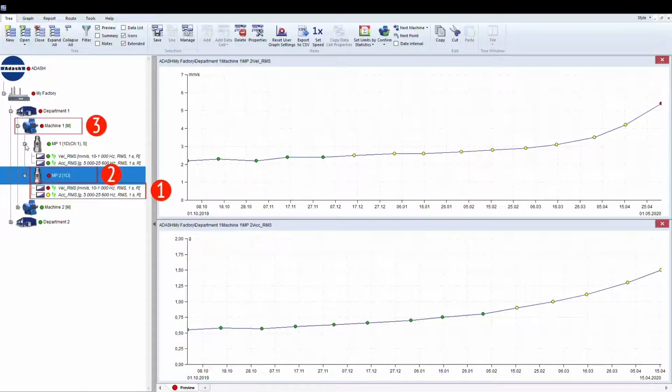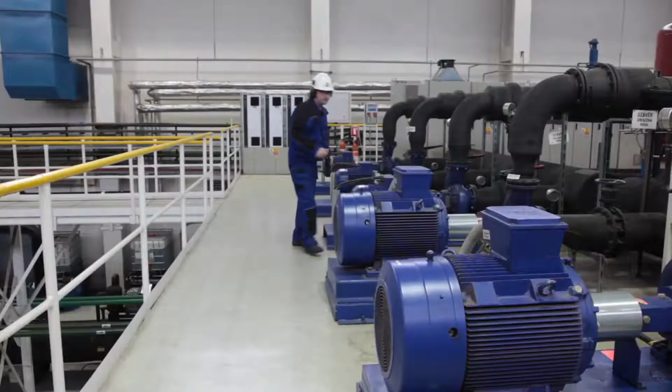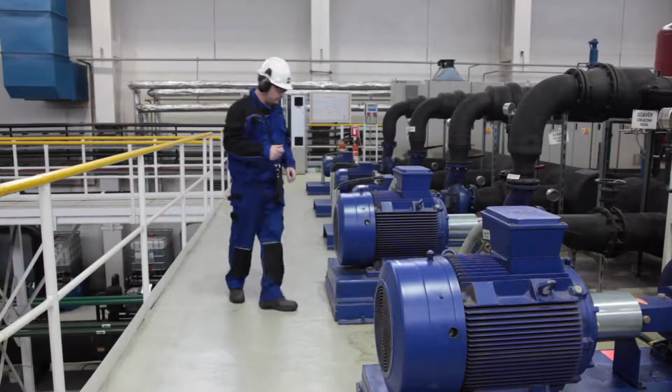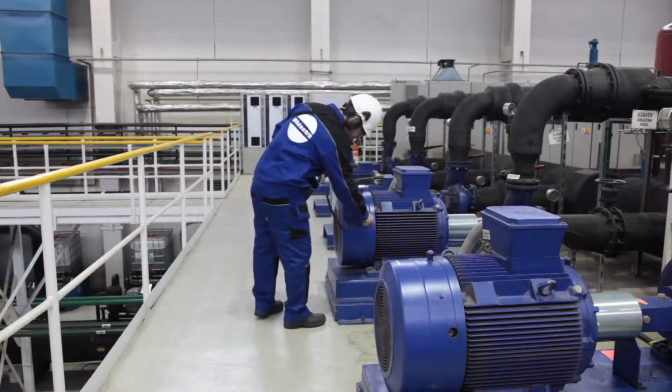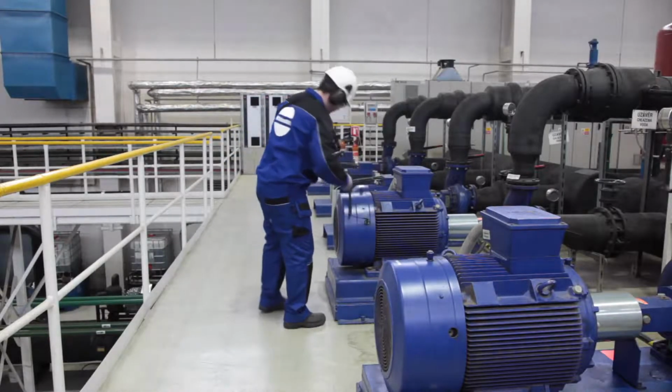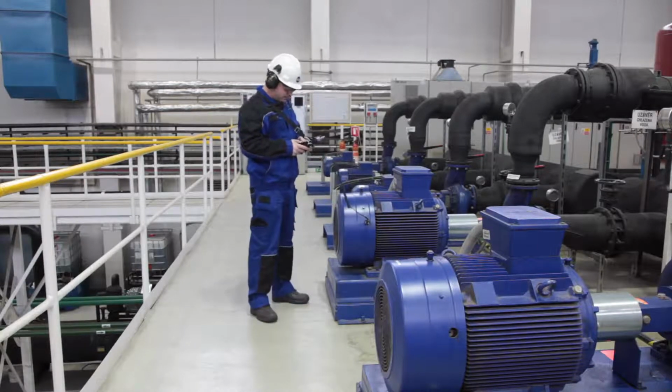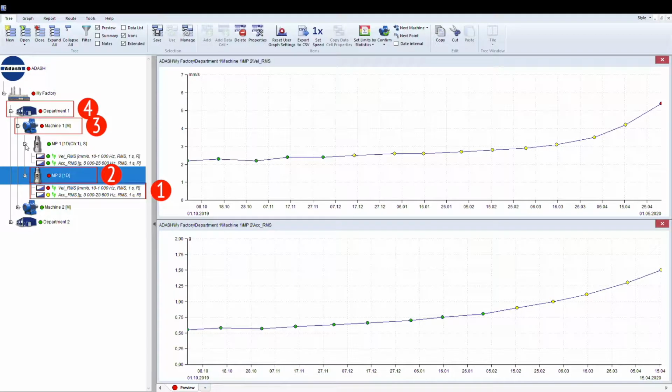Another is item 3, which is our machine or machinery set. We can create more machines, and they can lay below a section or division of your company. In our example, it is Department 1, which is represented by number 4 on the picture. I guess you will agree that this sketch looks like a tree with branches, and that's what we will call